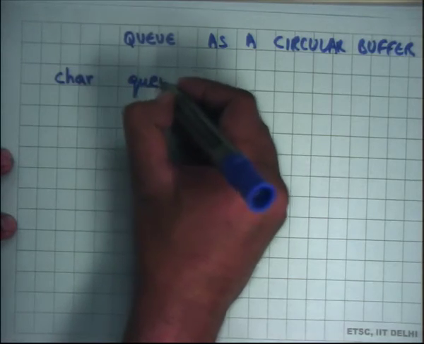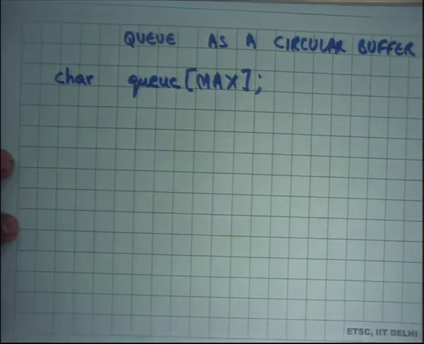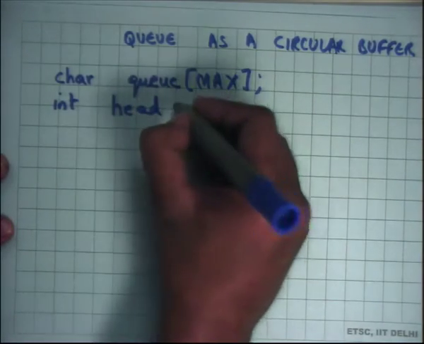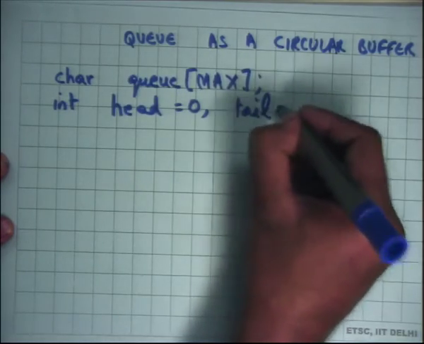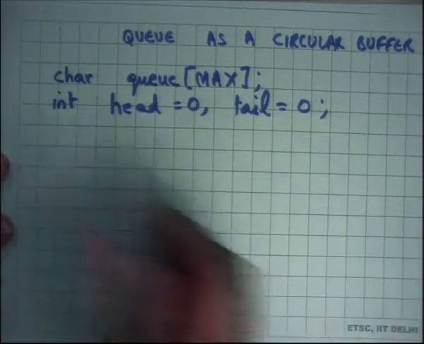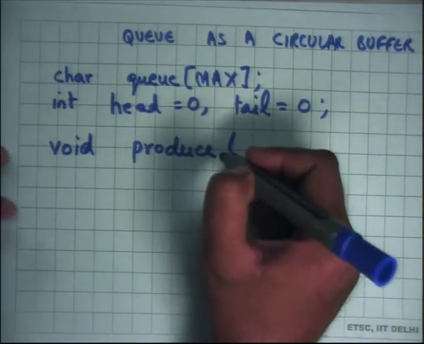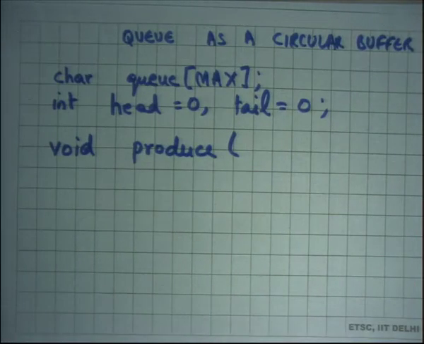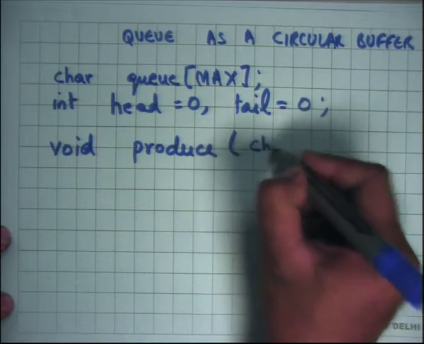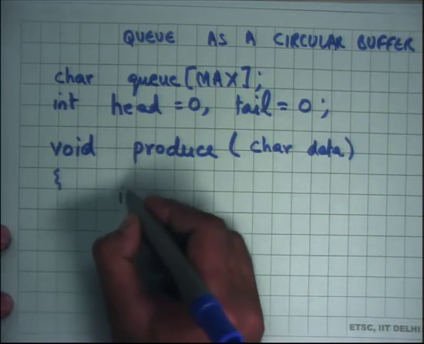So let's say I have an array of characters which is maintaining my queue, and the maximum size of this queue is max. And then I have 2 pointers inside this array, int head initialized to 0, and a tail also initialized to 0. All these 3 variables are global variables. And then you have a function called produce. Depending on who is the producer, they are going to call produce. For the input queue, the network is the producer; for the output queue, the server is the producer. In either case, you basically say produce, some character which is your data, and you're going to say if